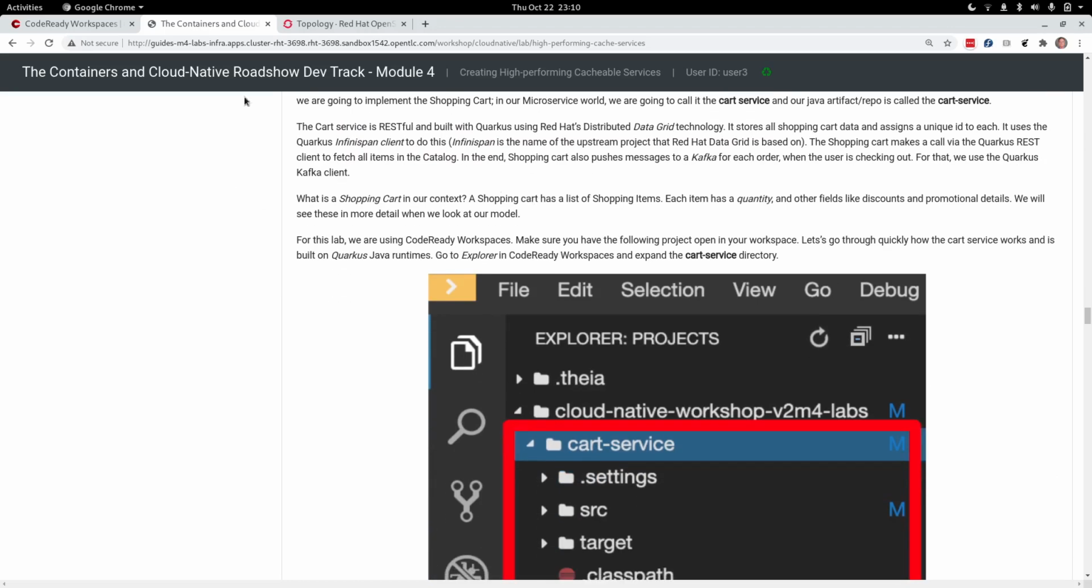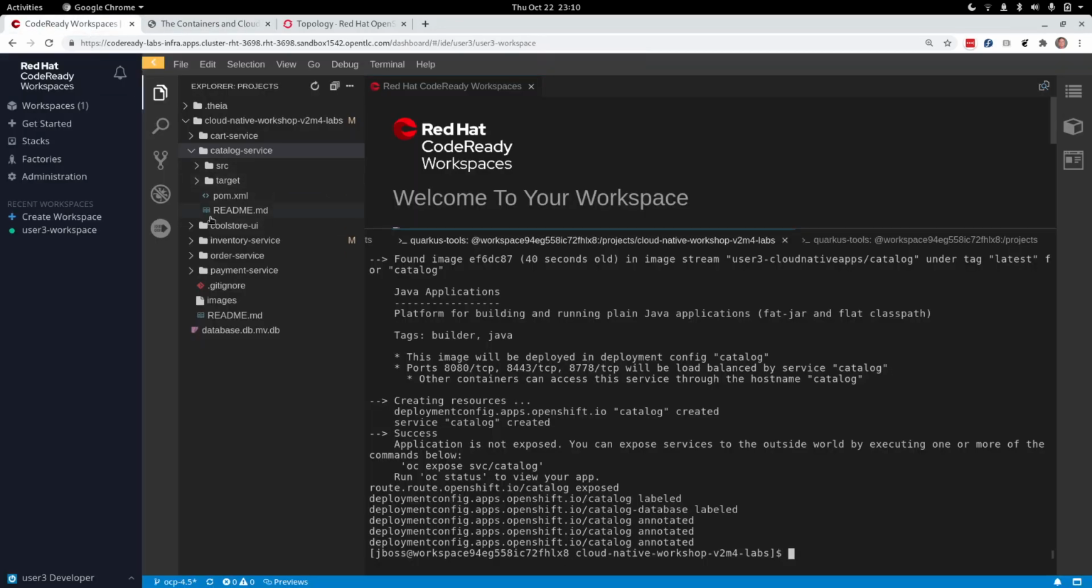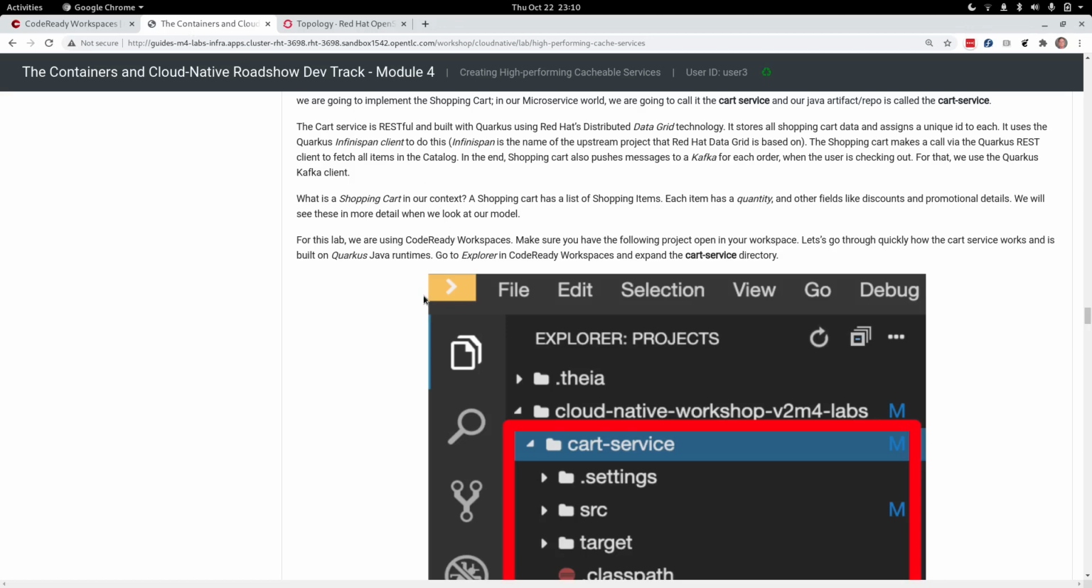Now we need to take a look at a shopping cart service. And here there's more work to do, because we're going to actually be editing some source code in order to get this to work. This will be good for us. So the cart service,